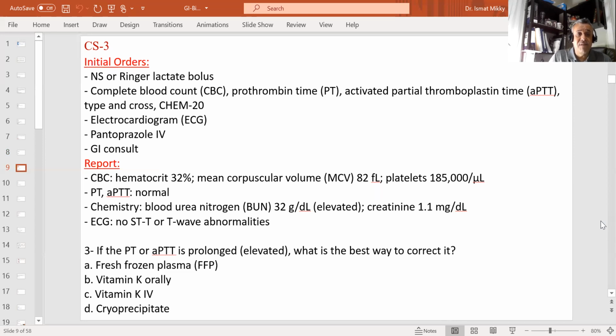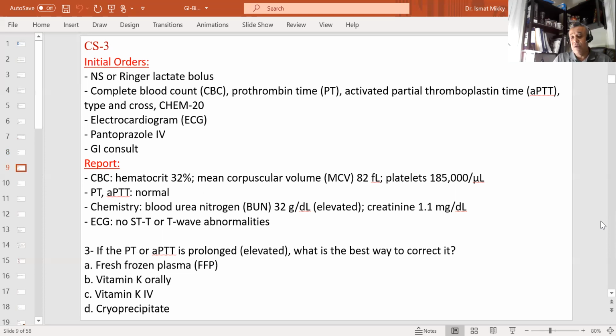And if there is a liver insufficiency, this also explains why patients with liver cirrhosis or end-stage liver disease receive fresh frozen plasma. One of the functions of the liver is to produce clotting factors, so they need the clotting factors. The best way to replenish them is to give fresh frozen plasma. So if there is a liver insufficiency, then fresh frozen plasma would be the treatment.